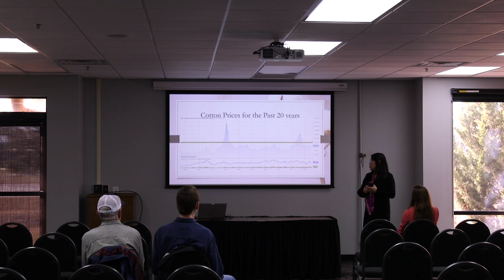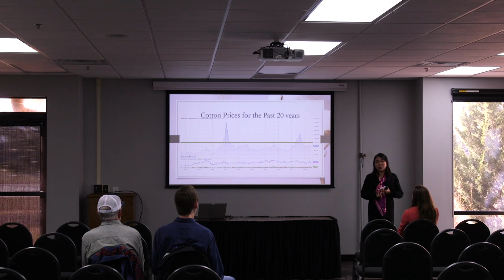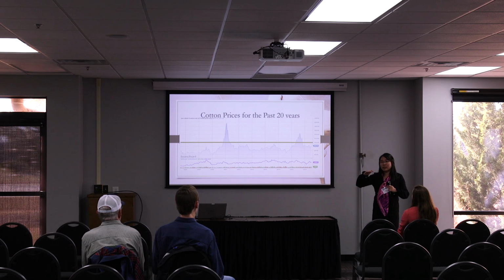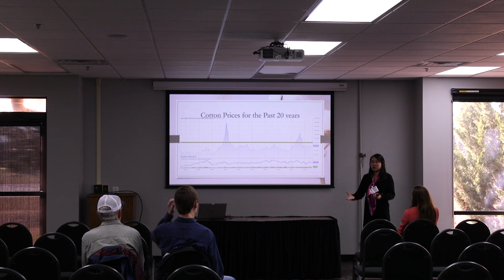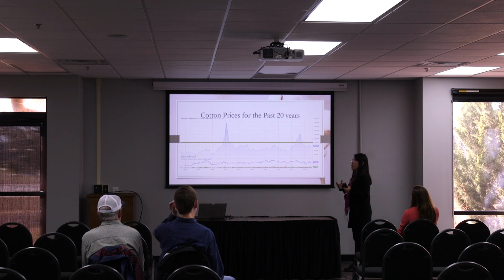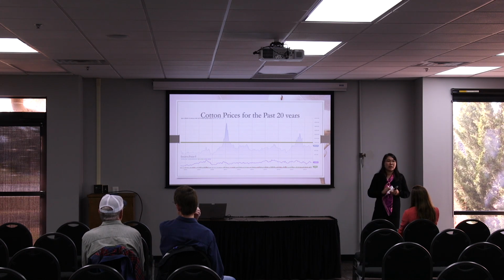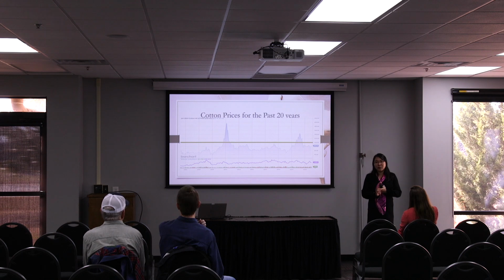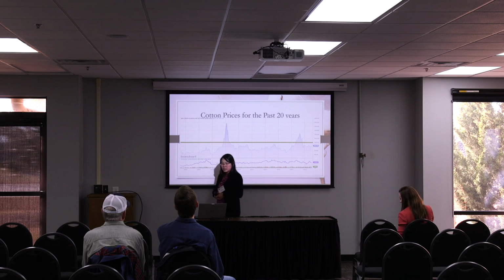For the 2011 to 2013 time, the Chinese government bought a lot of cotton from the market because their domestic price support program set the price floor too high compared to the market price. So they bought to support their domestic cotton farmers and bought a lot of cotton out of the market. That pushed the market up during that time. Will China do that again? Probably not. That was probably a one-time policy change during this period.